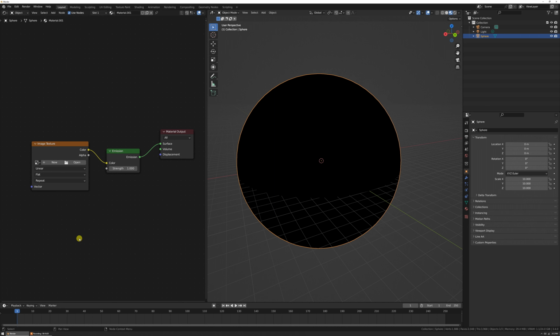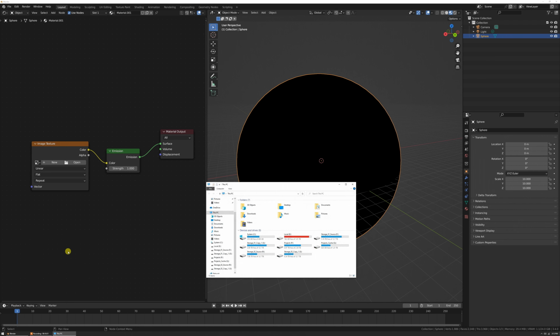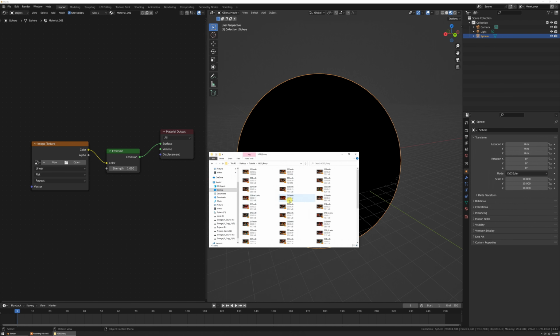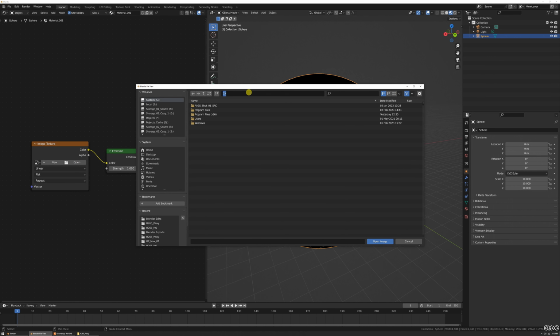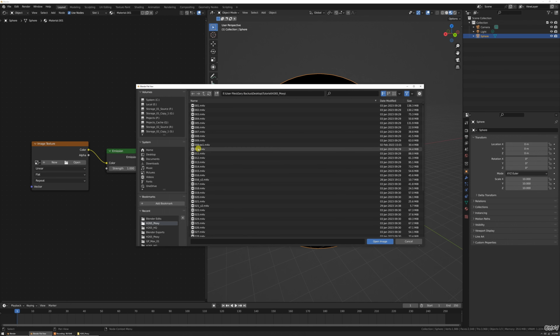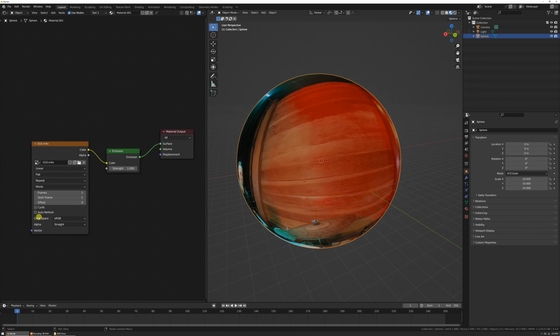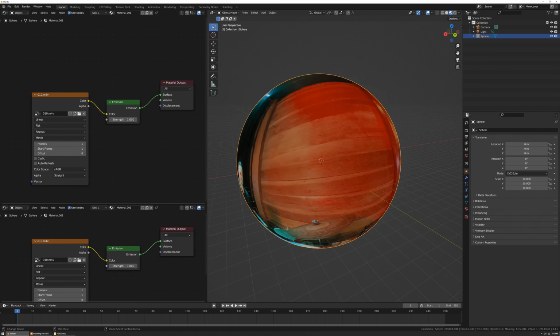I created proxies for my 360-degree footage because I don't want Blender to be slowed down. So let's go to our proxy. We're going to go ahead and there it is. So let's open it up. There we go. Now, we don't know how many frames it is right now, but to see how many frames